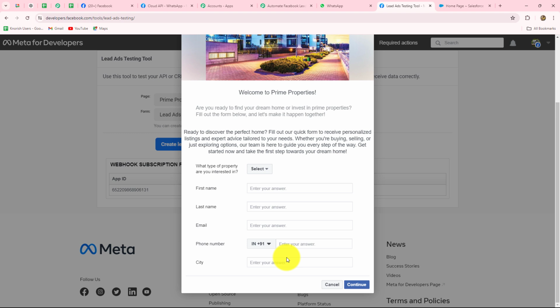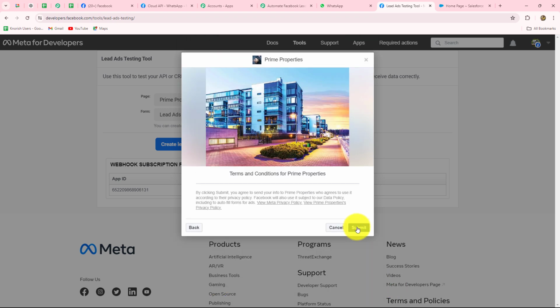And because this is just a test submission, so I'm going to use some random and dummy details over here. Let's select what type of property are you interested in. So I'm going to select, let's say, commercial. First name of the lead, let's say, is Smart, and the last name is, let's say, Lead. Email address smartlead3@pabblytudes.com. Now I'm going to enter the phone number, a random phone number, and a random city. Let's say Bhopal. After entering all the details, I will simply click on continue and we will quickly submit the